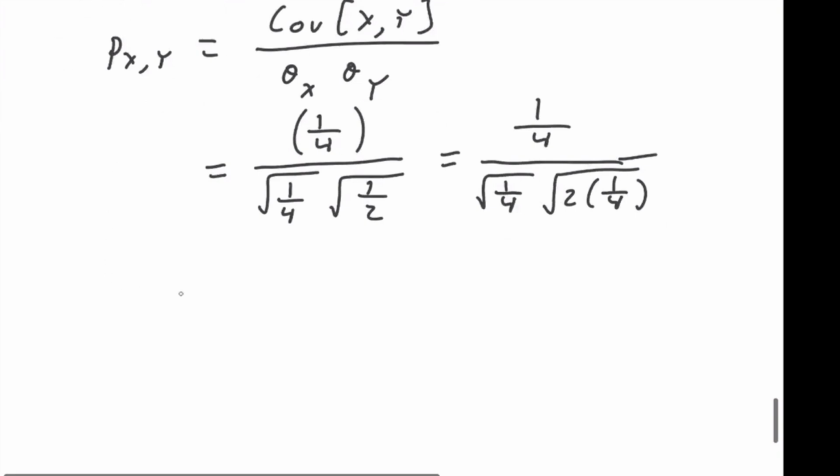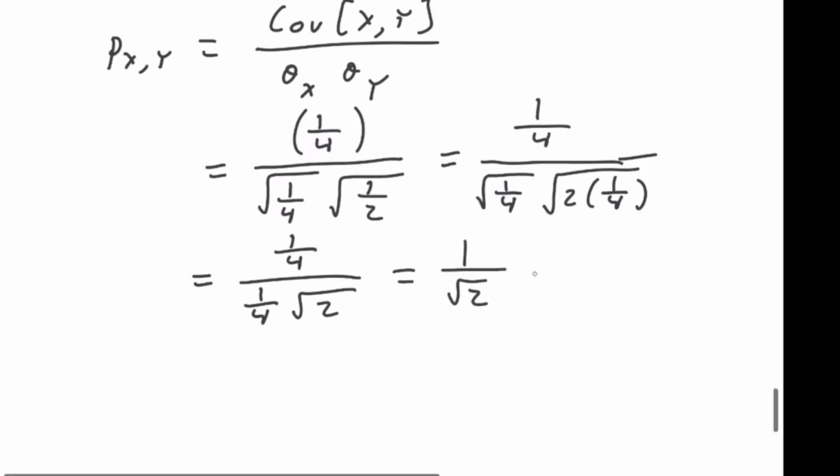And you'll see why we do this, because we have the square root of 1/4 times the square root of 1/4, which is 1/4, and we're left with the square root of 2. And of course, 1/4 over 1/4 is 1, so we have 1 over the square root of 2. We multiply top and bottom by the square root of 2, and that gives us the square root of 2 over 2 for our correlation coefficient, which is approximately